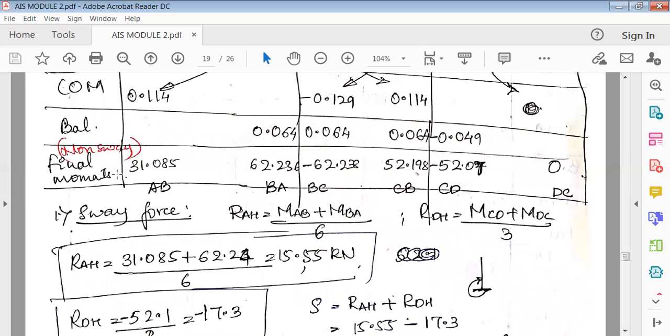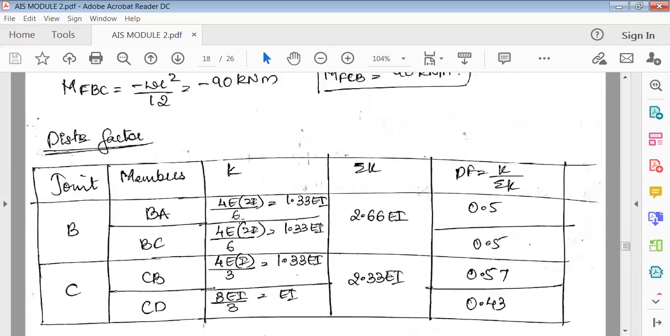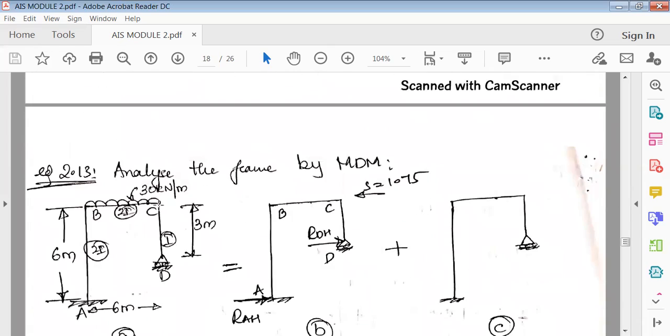One step, analyzing the frame as non-sway, is over. The next step is we're going to assume that there is a sway force acting. That means, because there is a difference in the length here and a difference in the I values here,